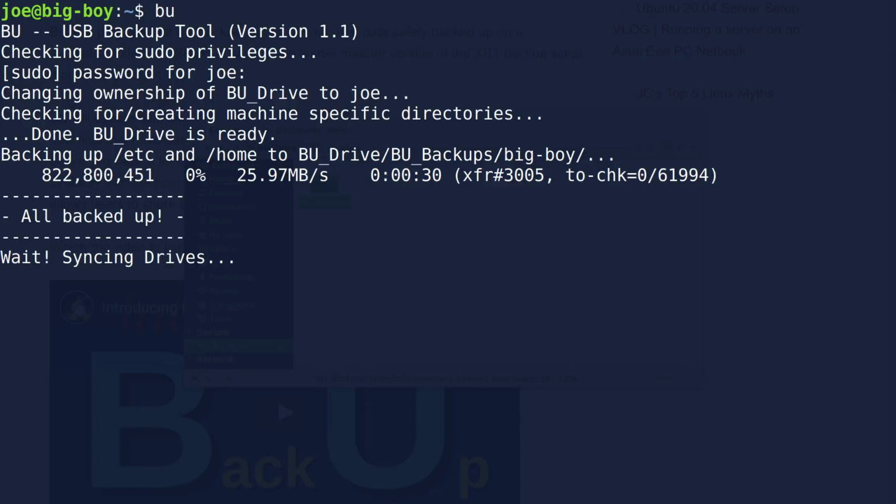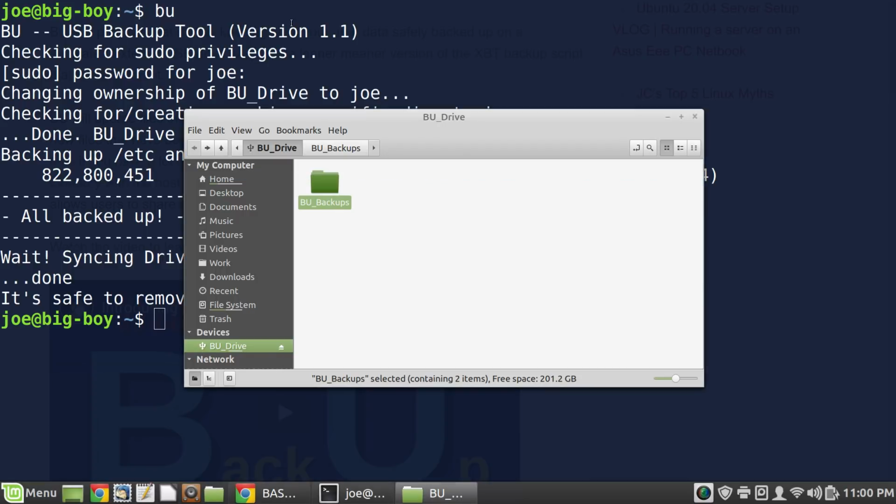We're done. And then what it does is it syncs all the drives, which means that it makes sure that all the data gets written, and it'll tell me that it's okay to remove the drive when it is done. Sometimes it takes longer to sync than it does to actually run, especially if your machine has a lot of memory in it. And we're using USB 2.0 here. This is a pretty old machine. So there, it's done. And then you can safely remove the drive if it makes you feel better, but it's already all synced up, so it's perfectly alright just to unplug it. We're not going to do that right this second, because I want to come over here and show you where the files went.